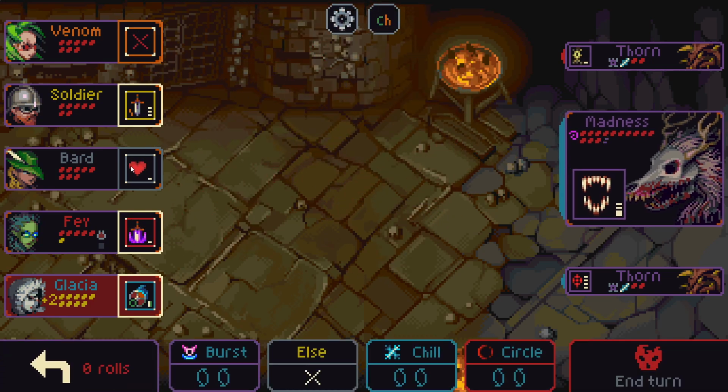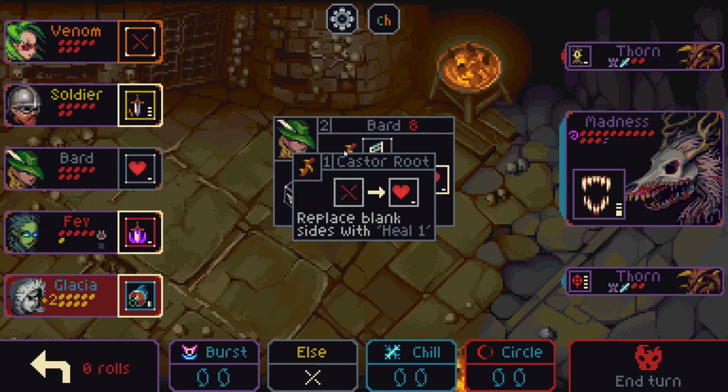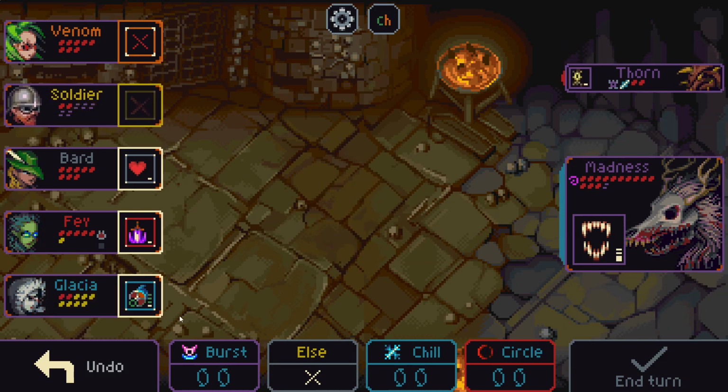Okay. You know, I'm being dumb. This is stupid. I shouldn't be putting this on. This item is useless to me, because blanks are shield 1, cleanse 1s. There's no reason for me to replace a blank with a heal 1. I mean, heal 1 is a little different from a shield 1, but okay. Any Hoodles. Let's kill a Thorn that's threatening my Glacia, and then I